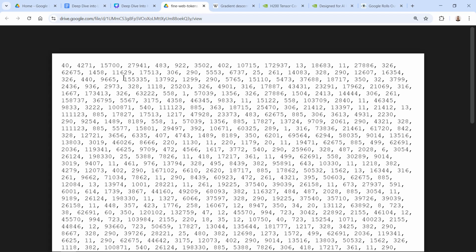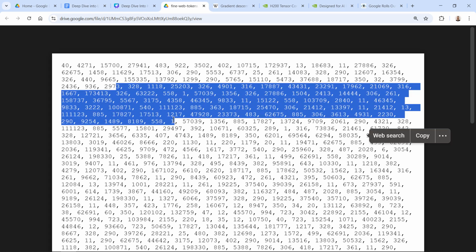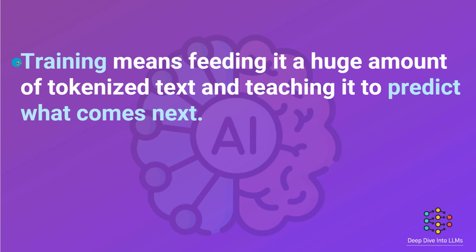Once the internet text has been pre-processed and tokenized into a massive one-dimensional sequence, the next critical step is training the neural network. Training means feeding it a huge amount of tokenized text from the internet and teaching it to predict what comes next, one token at a time. As it goes, the model adjusts its internal settings to get better at spotting patterns and understanding how language flows. This is where the model learns to recognize patterns in language by predicting the next token, and where most of